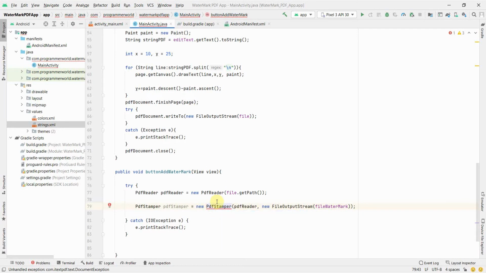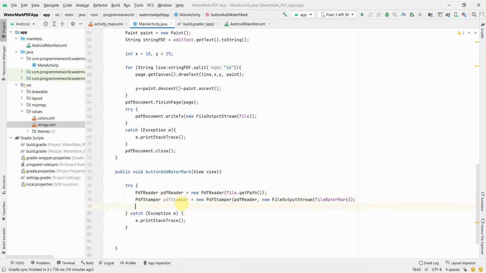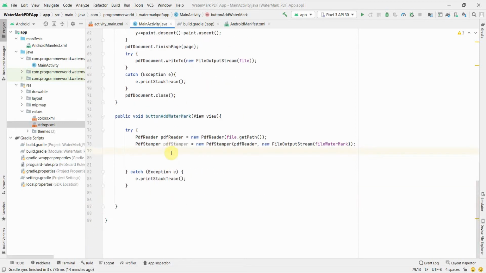It may give some other kind of exception, so better to have a very generic exception. It depends upon your coding style. If you want to keep adding different catch clauses, you can, otherwise I just prefer to have one exception, and that takes care of all the kinds of exceptions which can be thrown from within this particular method. Okay, so once we have done it, what else we'll need is something called pdf content byte.